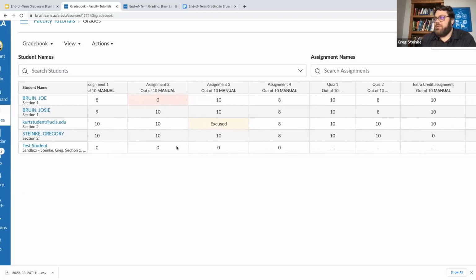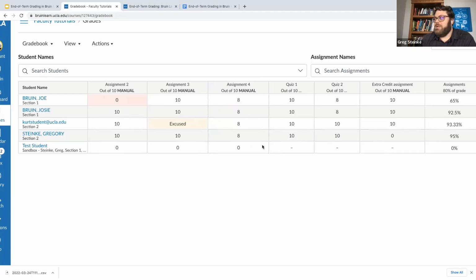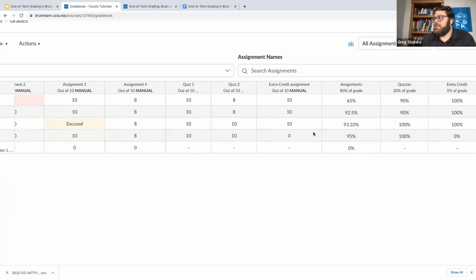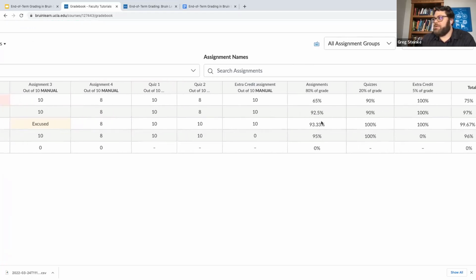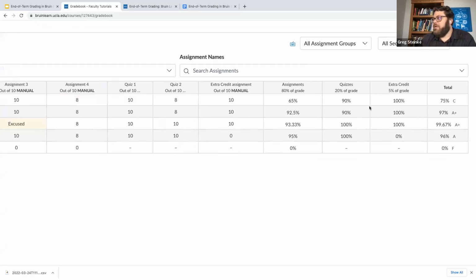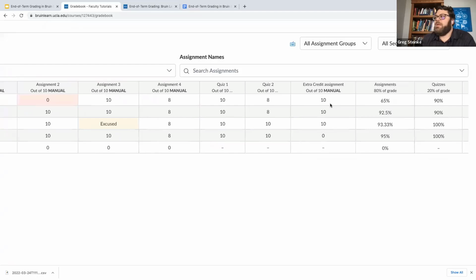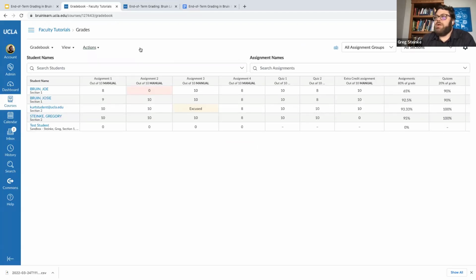But it looks like I have a grade value for all assignments, my quizzes. I have extra credit in here, and everything is looking good. So my totals here are C, A+, A, and F. So now if I export my grades,